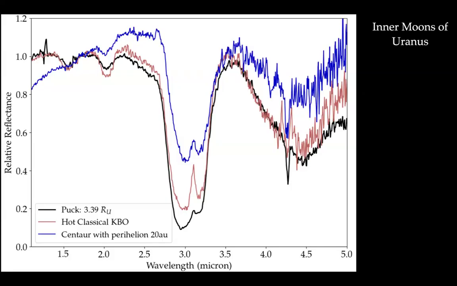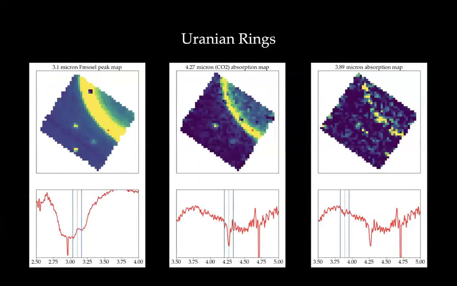So taking that into account is going to be important in really understanding the spectral differences here. And so the final component in our spectrum is the observation of the rings. Again, there are seven views of the ring here, and combining them, we can extract a pretty decent spectrum of the ring. We can map pixel by pixel all these components, and that's ongoing work. But we do see the same Fresnel peak, we see the same CO2 absorption, and we see potentially hints of